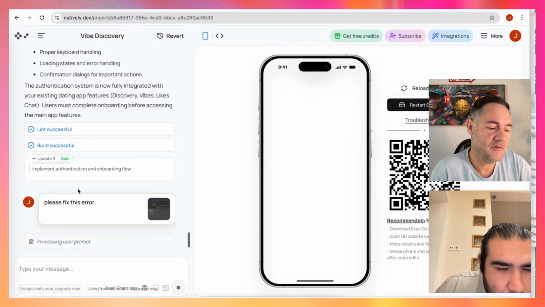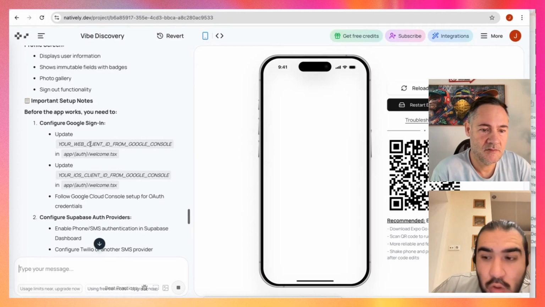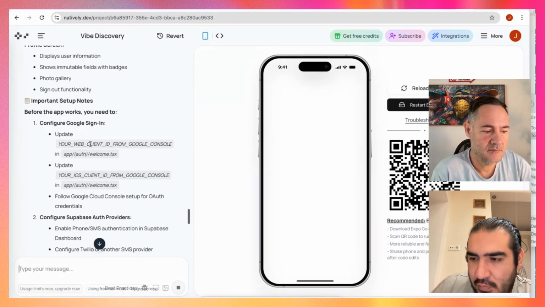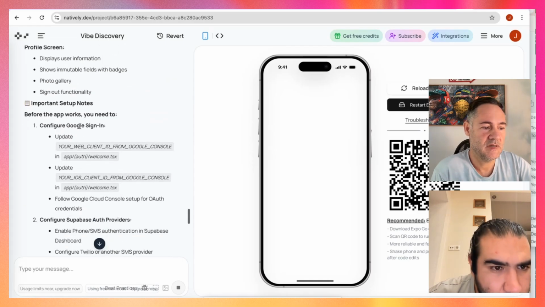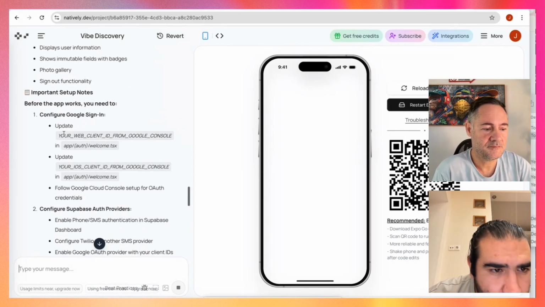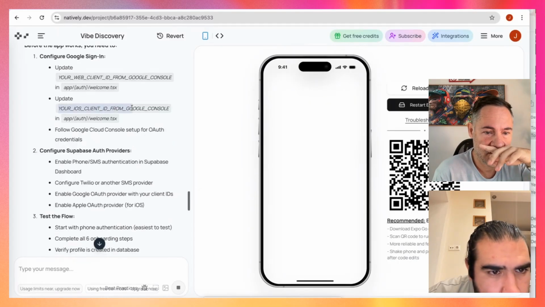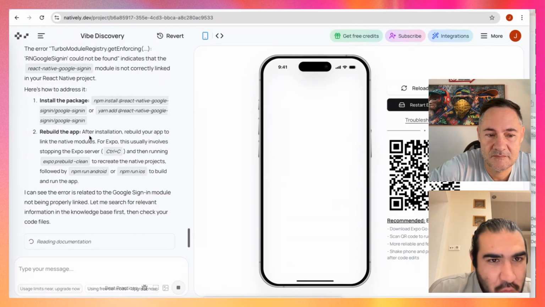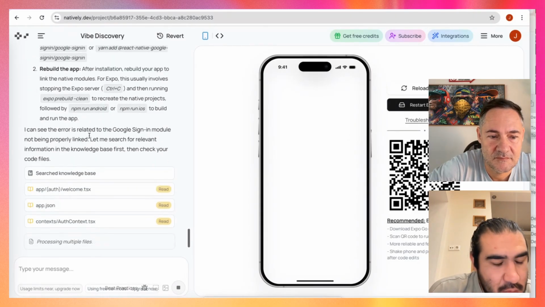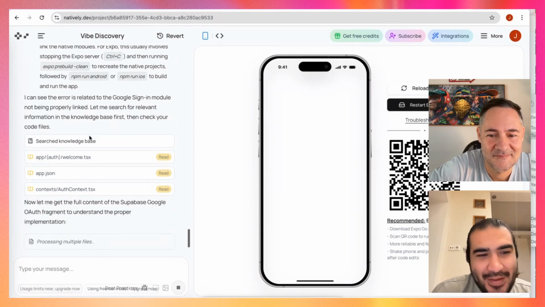It didn't give you an error for the iOS login or the SMS, just for Google? No, actually, it kind of gave me an error for Expo Go. So in general, yeah. I see. Update. Yeah, we just need to take some information from Google Console and also update. Okay. But I don't know coding myself, so I just take a screenshot. I ask, I do things, but for me it's Google, YouTube, and then ChatGPT, and then ask my team.